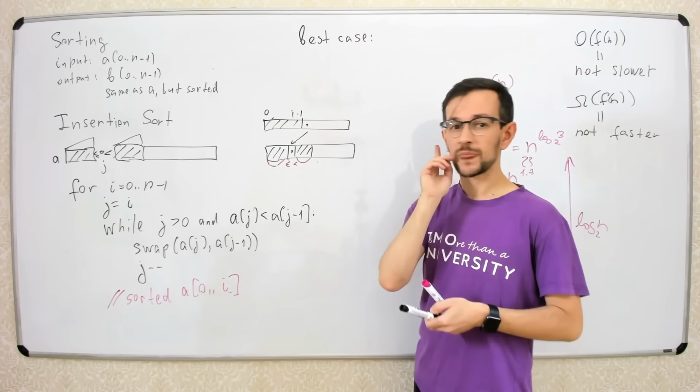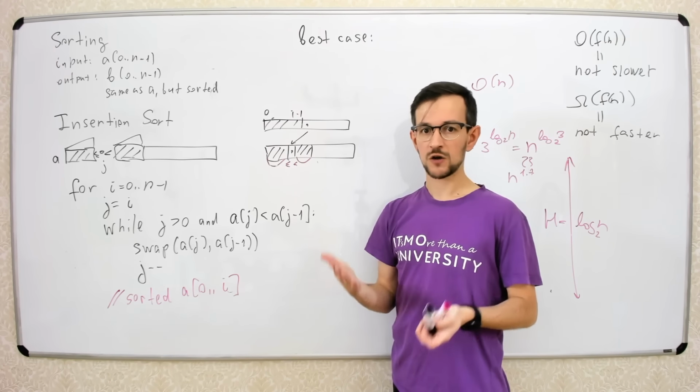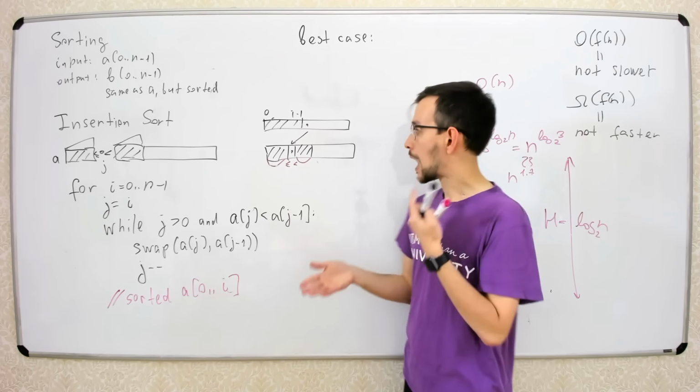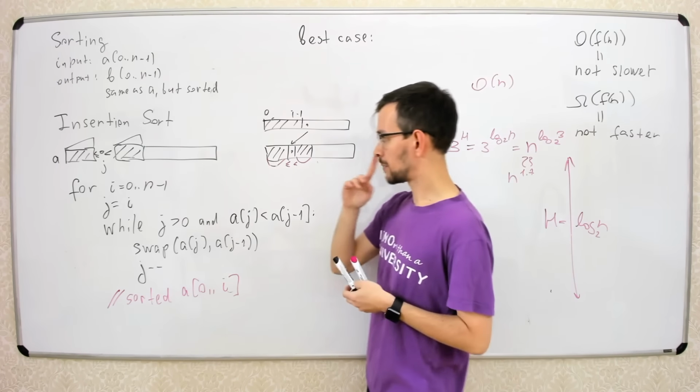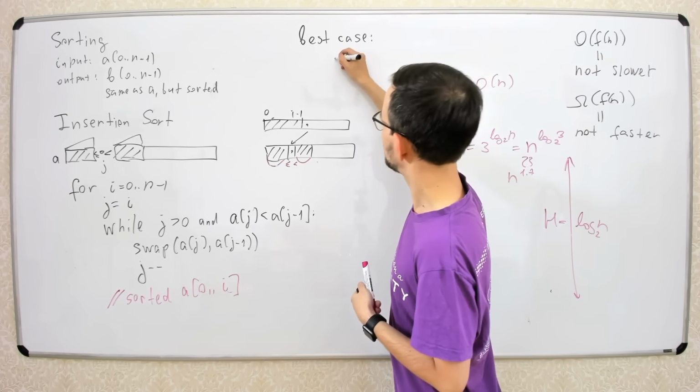What I want to talk about: the time complexity of this algorithm actually depends on what input you give to it. So for some inputs it's fast, for some inputs it's slow. What is the best case? The best case is when the array is already sorted. So if you have an array like this,